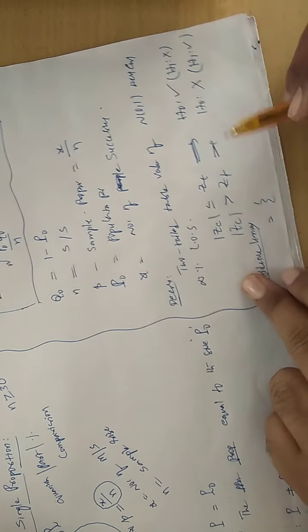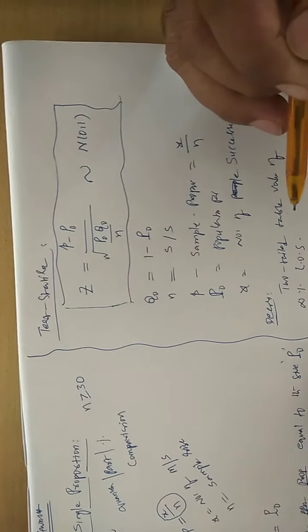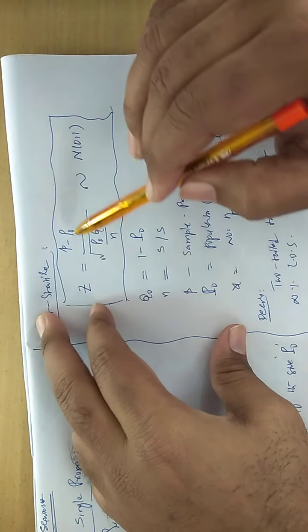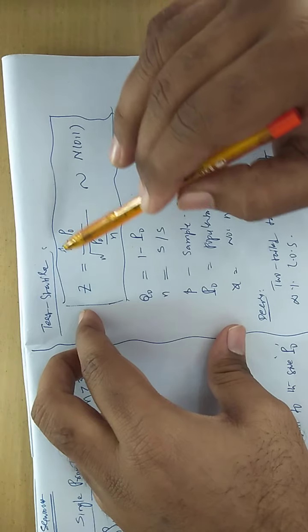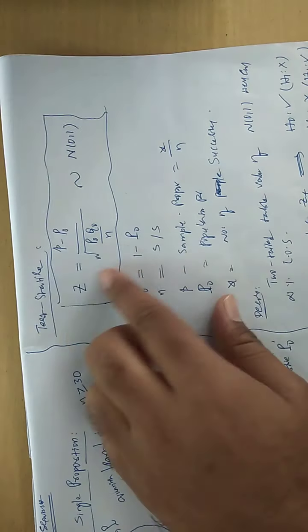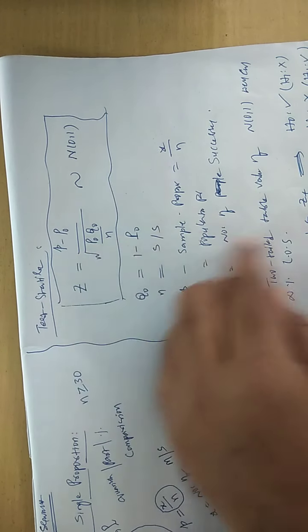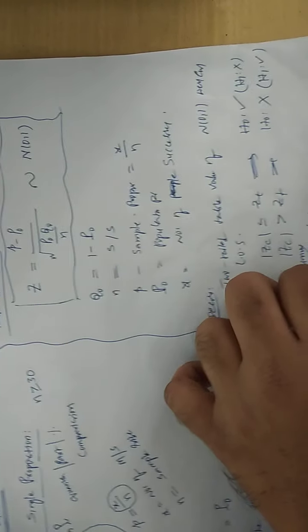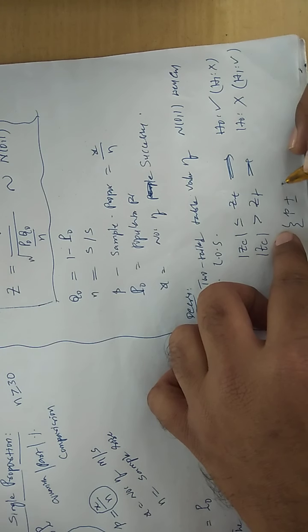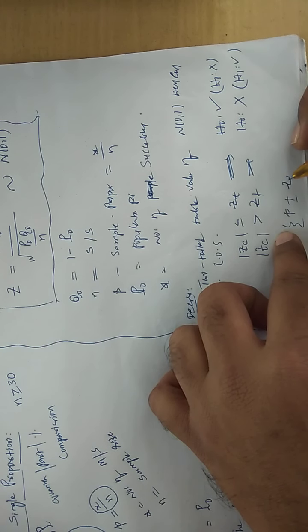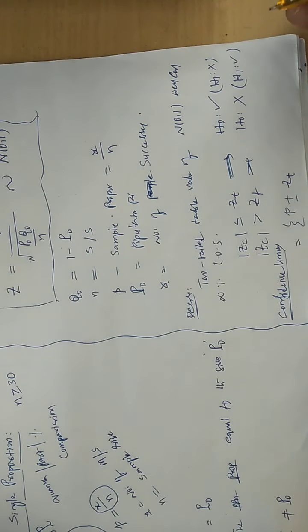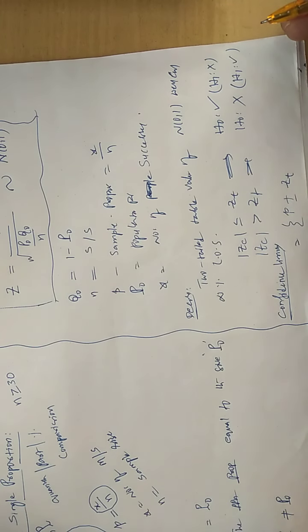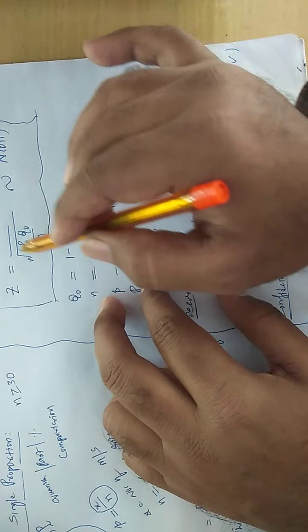So in the formula, in the numerator, whatever the sample information is there, that you write down. So in this numerator, the sample information is small p plus or minus the table value. The table value, you can write ZT or Z alpha by 2, whatever, ZT into the entire